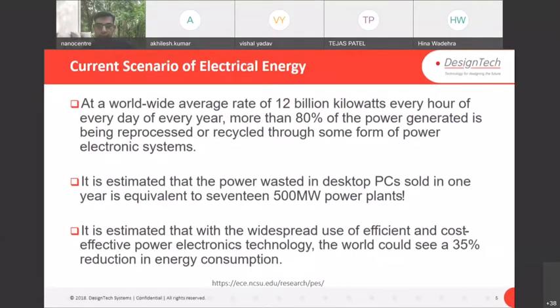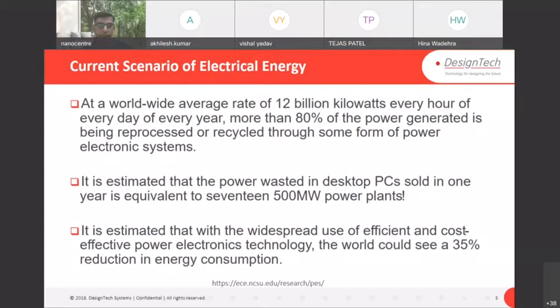So for that we use power electronics, different kinds of converters, right, to transform the energy from one form to another form. And what is the loss of energy that is happening right now? It is estimated that the power wasted, only talking about desktop PCs sold in 1 year, is equivalent to 17,500 megawatt power plants.